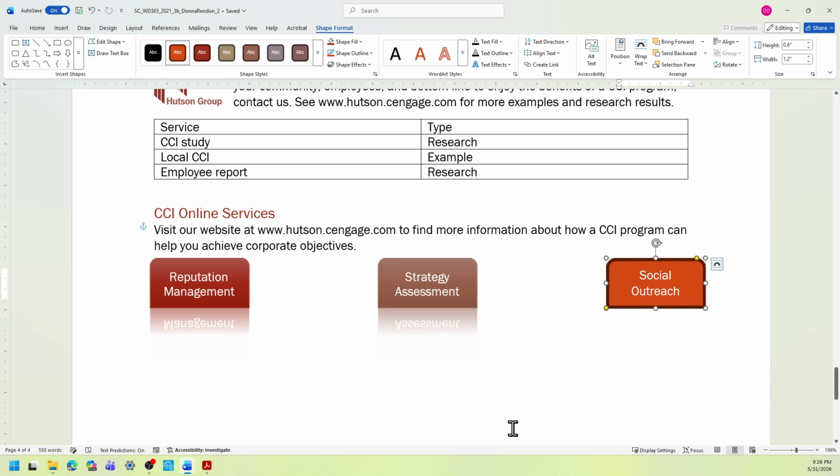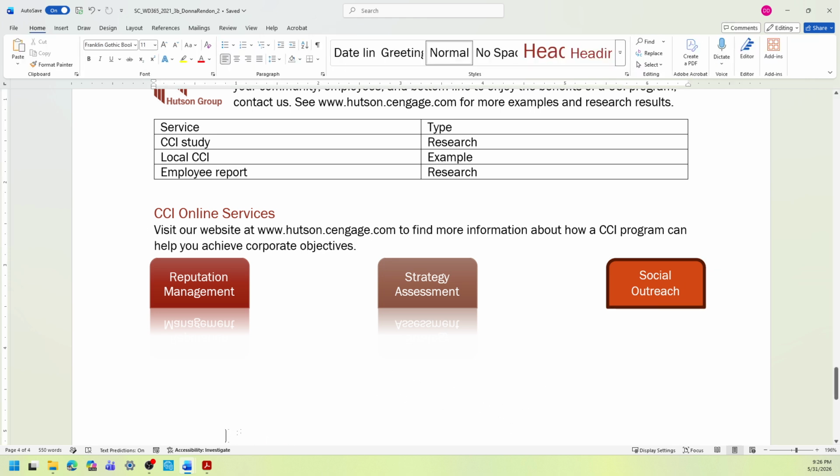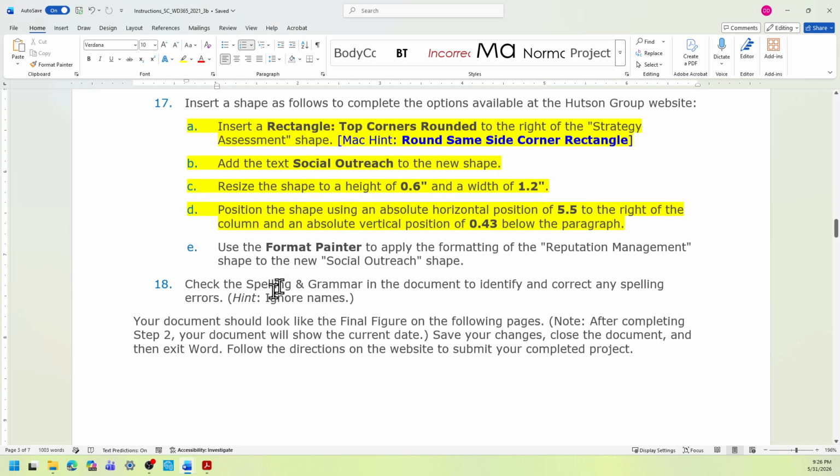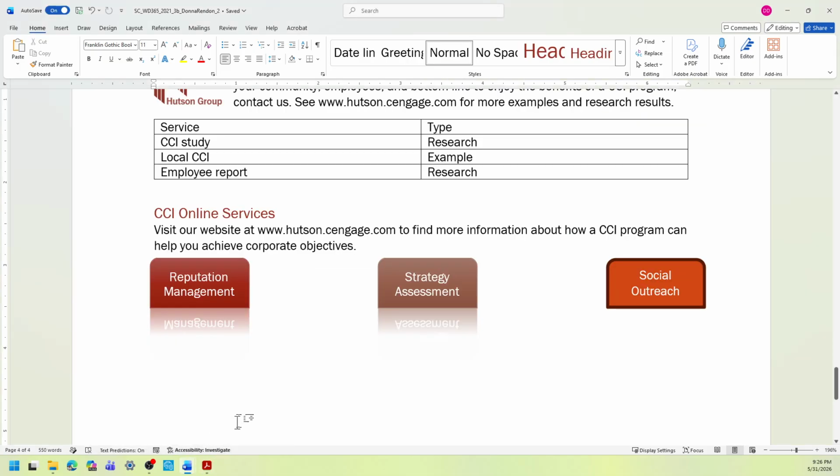So now, what you're going to do is back to this instruction. There's that 17E. You're going to use the Format Painter to apply the formatting of the reputation management shape to the new social outreach shape. Okay, back to the start file.